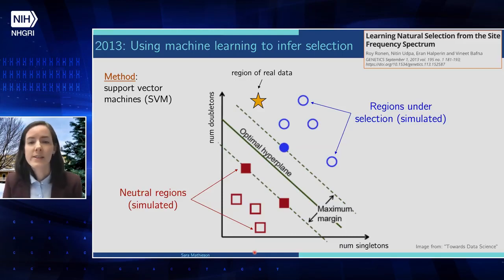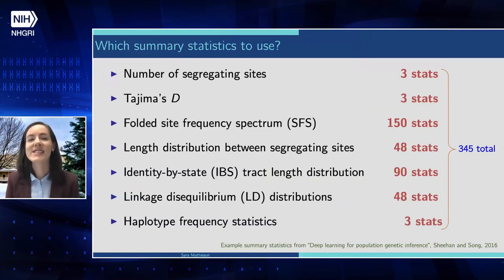I think this is a really nice example of how machine learning had started to be used, because it was very good at finding signals from summary statistics. But the issue arises in the case when we don't really know what summary statistics are good, or maybe we have a lot of summary statistics available. Here are a bunch of common ones I used for a project around 2016. And we don't really know if we change our problem of interest, do we need to change our summary statistics, or do we need to invent new summary statistics?